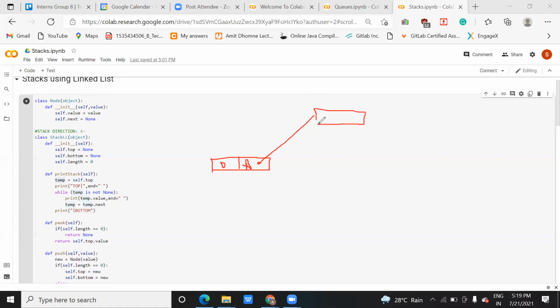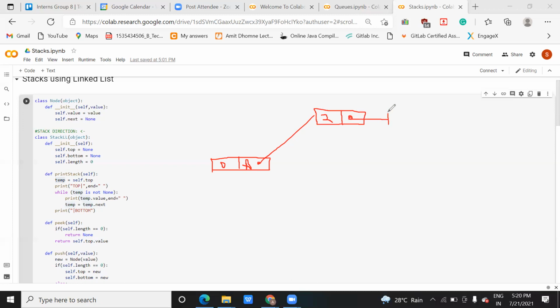Suppose you want to sort data in some fashion, then data one will come. After one, what data will come? Two, right? So it will search for the address. It will not search based on the data. After one, two is coming, so where is two? Once it finds it based on the address, it will connect to that. Then this address part will connect to the next node, right?